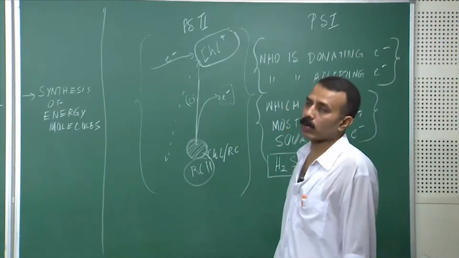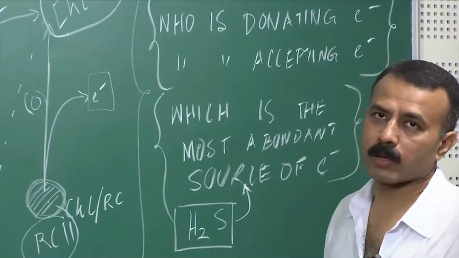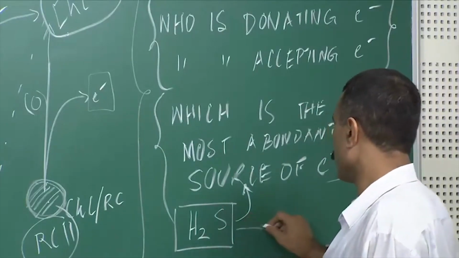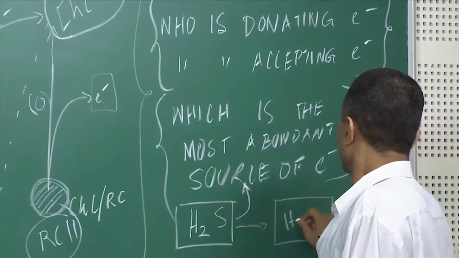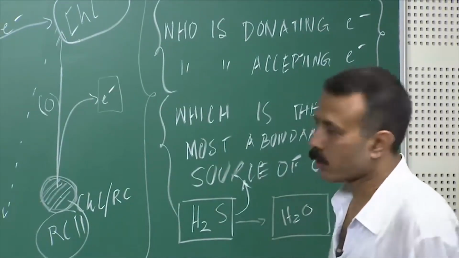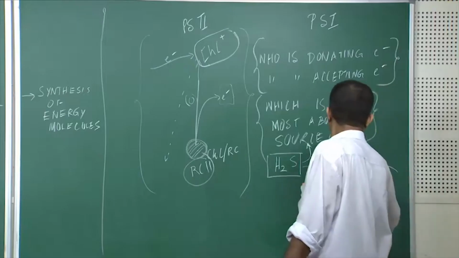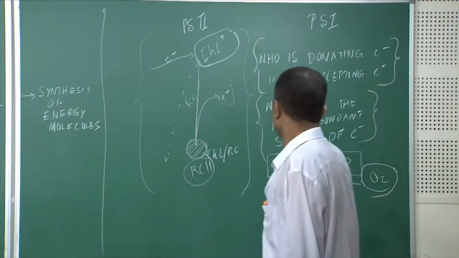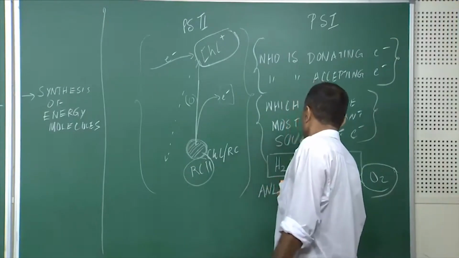As earth cooled down, and that is the time when we were living in an anaerobic environment, the next source of electron, which is also currently existing, is water. And the byproduct of this water is nothing but oxygen. And this is how we have evolved from an anaerobic world, or without-oxygen world,